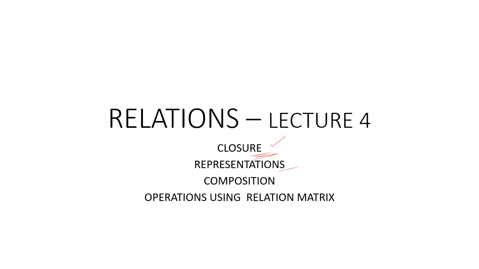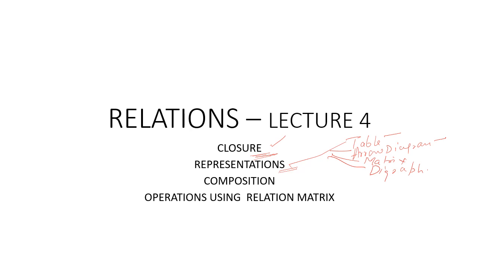Then we'll see the different graphical methods of representing a relation. Under this, we have essentially four methods. One is the table method, then we have the arrow diagram, then we have the matrix method, and finally we have the digraph method. Out of these, the table method and arrow diagram are of only theoretic interest in the case of relations and are not used much. So we'll not go into much detail of those, but we'll take up matrices and digraphs in a little bit more detail.